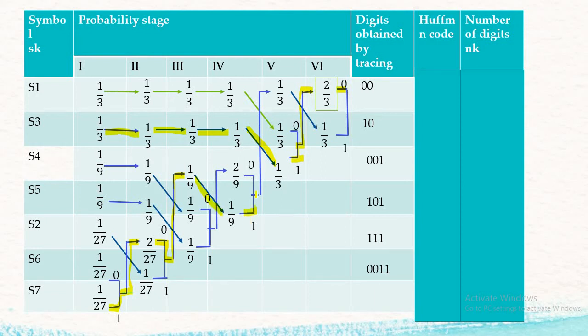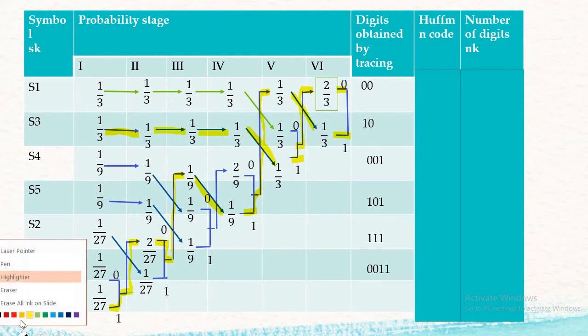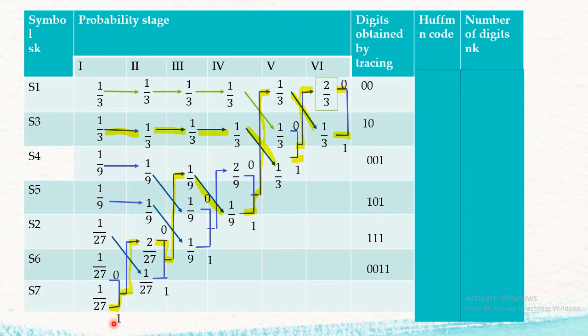Now from here again in the upward direction towards this 1 by 9, 1 by 3. From this 1 by 3 it will go downward. Now while crossing this particular path, what are the values which are present? The first value is 1, then it will go upward, here it is having a 0, then upward it is having no values, here the value added is 1, again upward and the value added is 1. So what comes out to be your value? It is 1 0 1 1. So in this way we find out the digits by tracing.